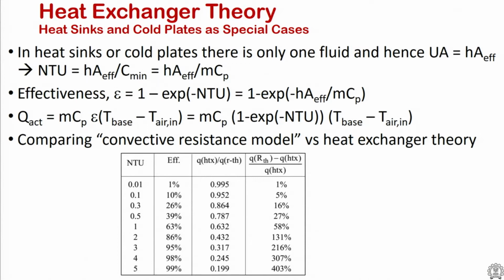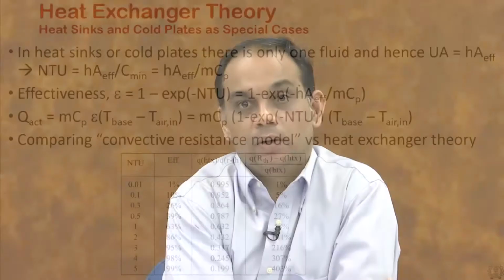So HA effective will only remain. When you linearize it, when the linearized form is acceptable, that is when the fins are placed far apart, then one obtains the so-called convective heat transfer model that works well. Otherwise, a typical resistance model should always be described based on the thermal resistance of a heat sink, which is always